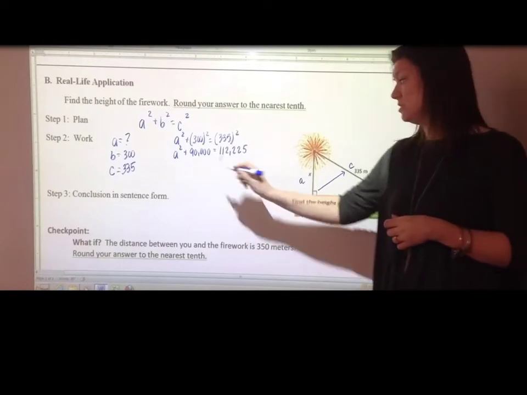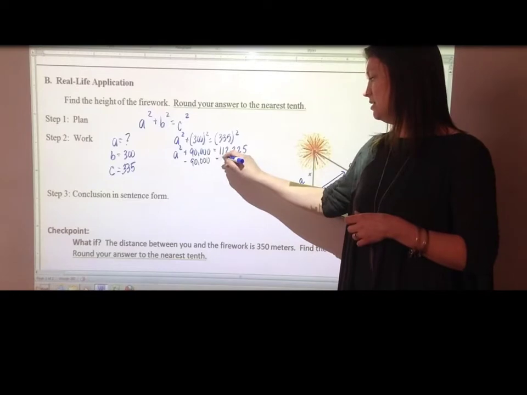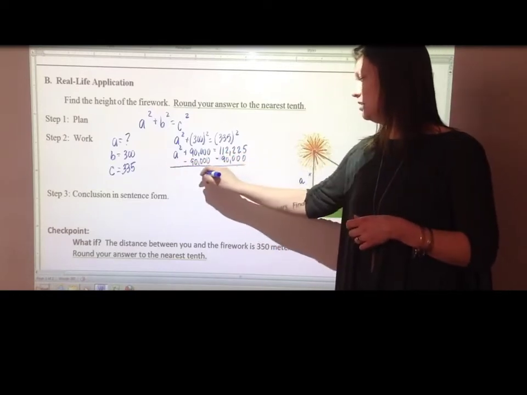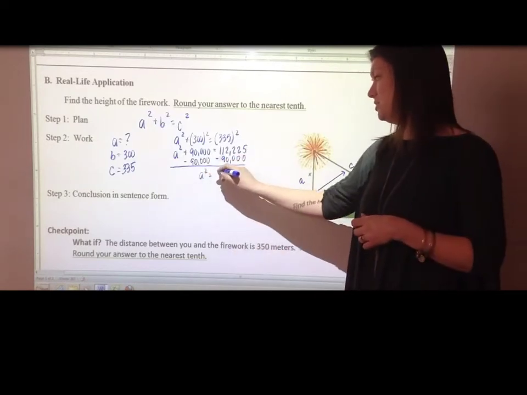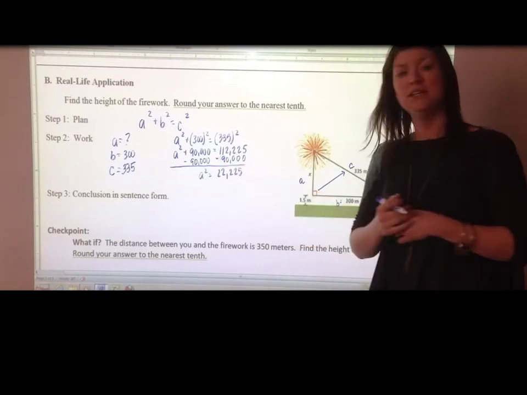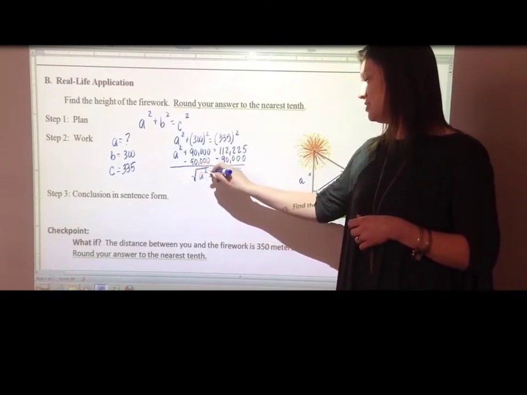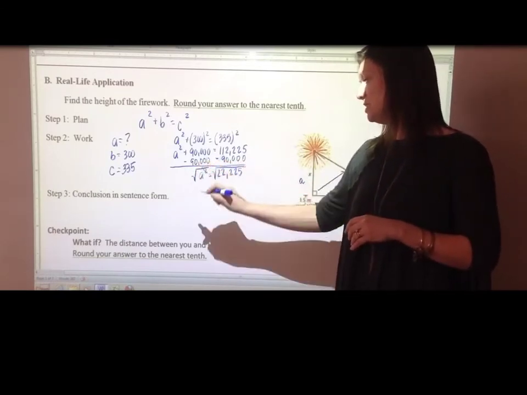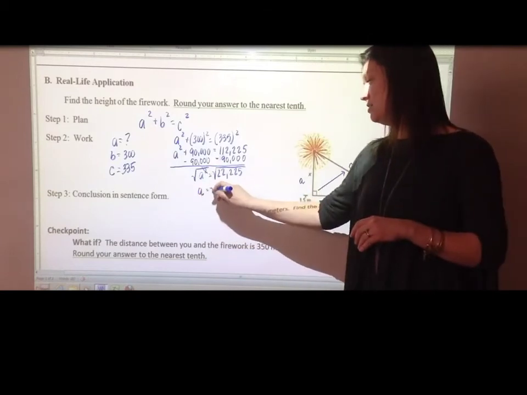And now I'm going to use the subtraction property of equality to subtract the 90,000 from both sides to figure out what the A squared is equal to. And the difference between the two is 22,225, which is A squared. So I'm going to take the square root, the inverse operation of squaring, to both sides. So these two signs cancel, leaving me A,